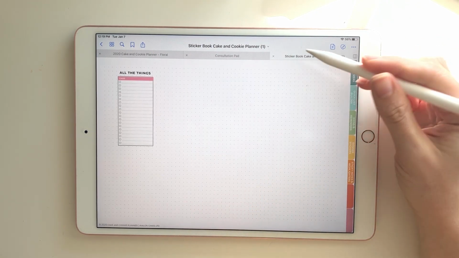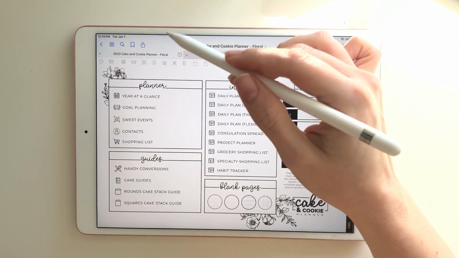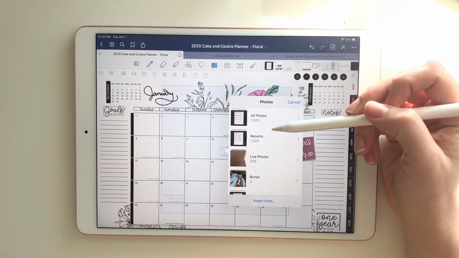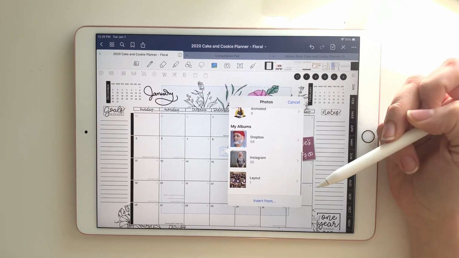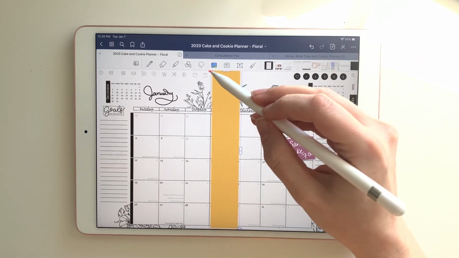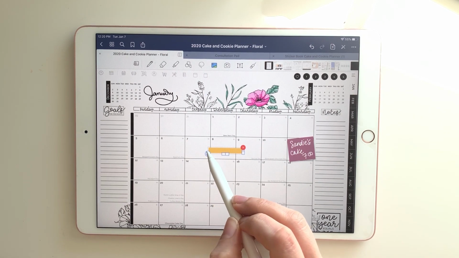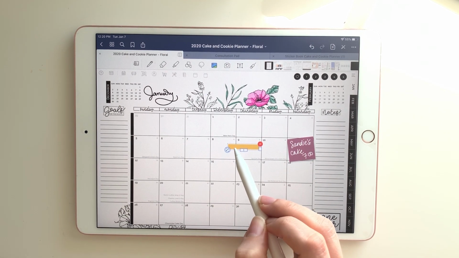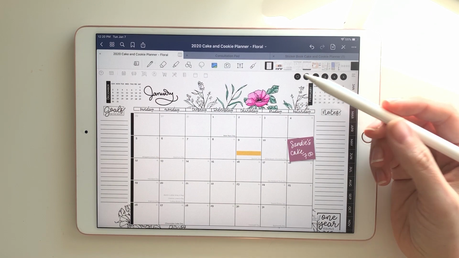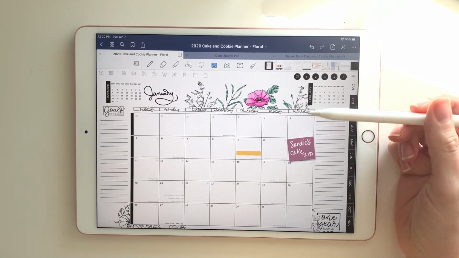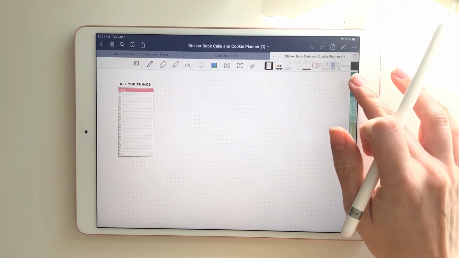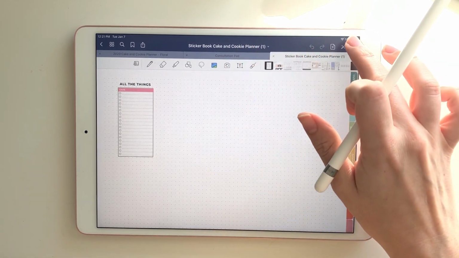Now, if you're using something other than GoodNotes, you will most likely have a way to insert images. In this case, I would just go over here to images. I would first put my images into my camera roll. I would put them into an album so that they're ready to go. But then you can just enter them in. They will come up full size, and then you can just scale them down to your needs. Depending on the app, you may find that you can create your own sticker book inside of your app where you go ahead and make all of the images the size you want, and then you can drag them between apps. But the sticker book, I do want to show you how to use that if you are a GoodNotes